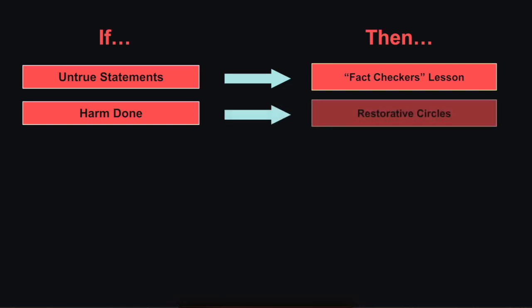What if harm is done? What if someone says something that is harmful? It hurts someone else or a group of people. What do we do? We need to restore or repair that harm. I like restorative circles. There's a bunch of templates online that you can Google and look at. I've written blog posts about this, but thinking about how we actually have the conversation.